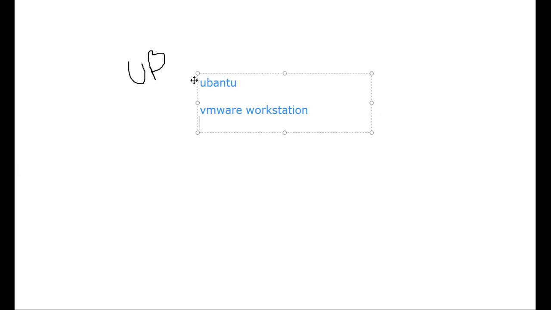To understand it, let's understand what a simulator and an emulator are. We should have a basic understanding of simulator and emulator.